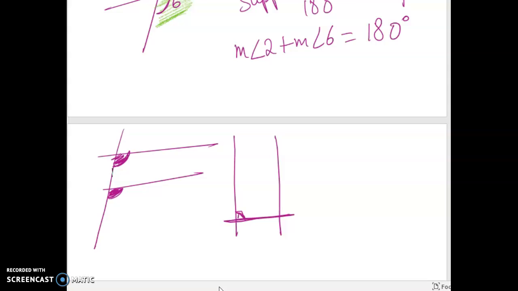They are forming same side interior, and another two lines cut by transversal, they are forming alternate interior. So